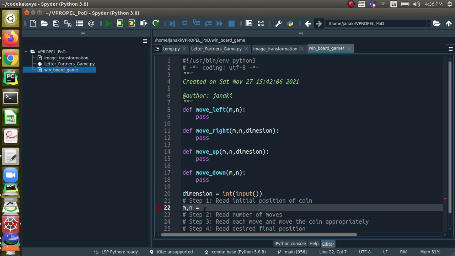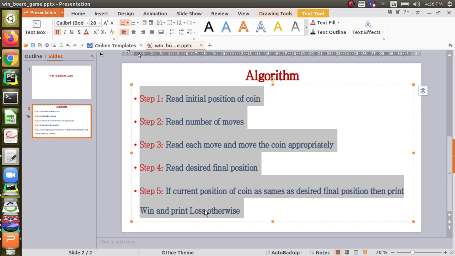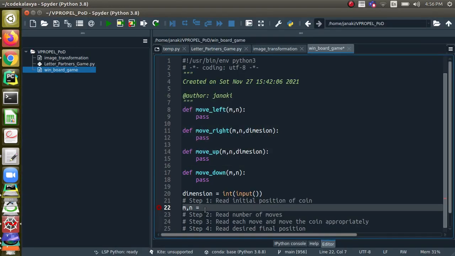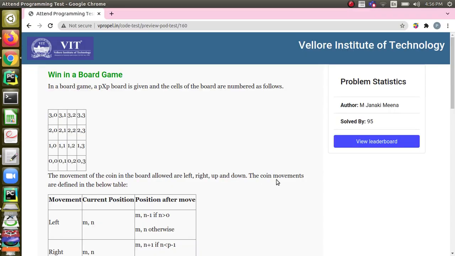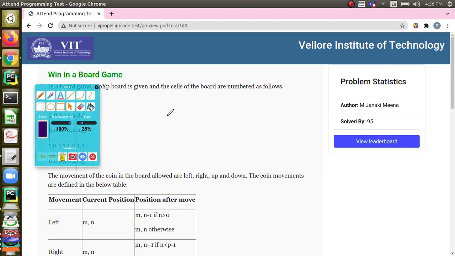Actually you are going to read it in the same line. How it will be given is, for example, let me just show. If the current position is 1 comma 0, then it will be given as 1 space 0, on the same line. So we can use the input function for reading this. It will read it as a whole, and then we can use the split function. When you use split without passing any argument, based on space, it will split into 2 values and form a list.